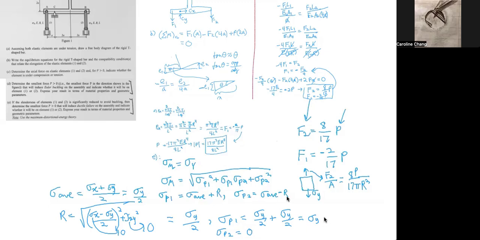And thus, sigma m is equal to, since these two terms go to 0 because they both have the principal stress 2 term in them, which is 0, we're left with sigma m equal to the square root of principal stress 1 squared, which is equal to